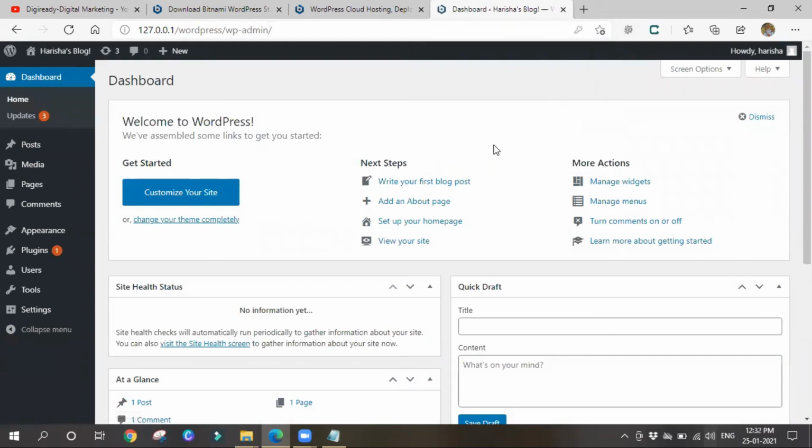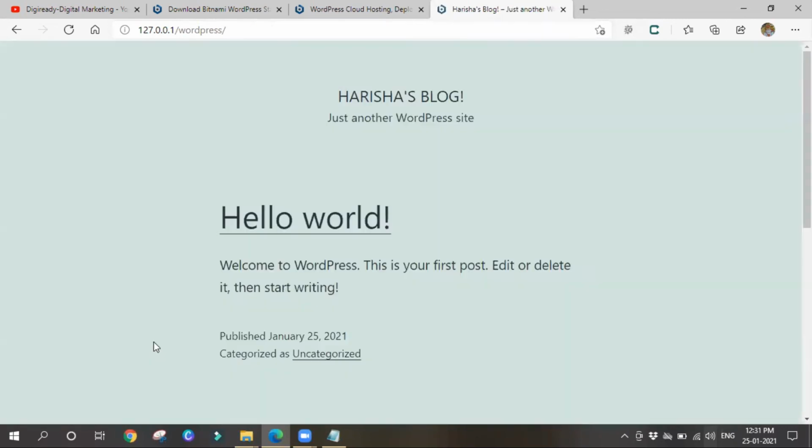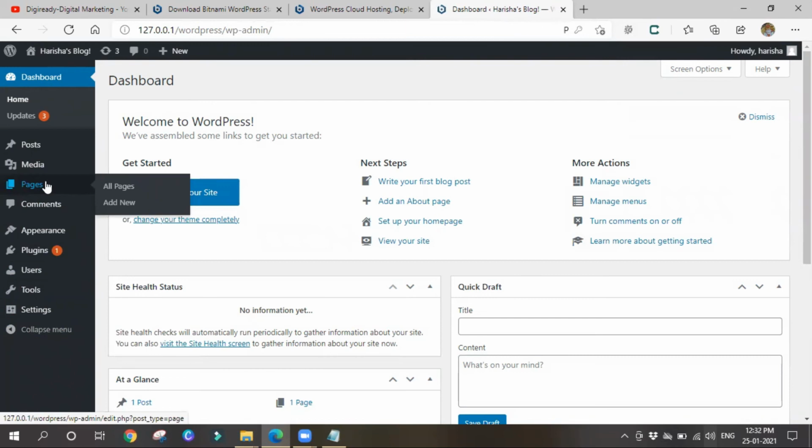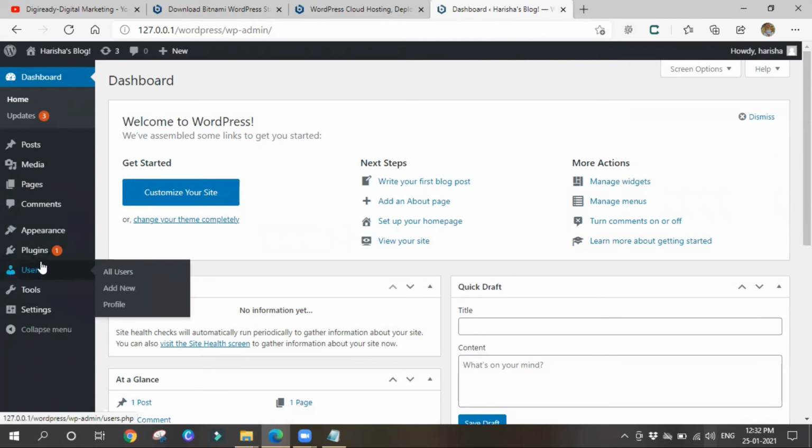Yes, in this way you can create your own WordPress in your local system. You can design your website. You can install plugins, activate them, and apply various themes to your website. You can do whatever you want.